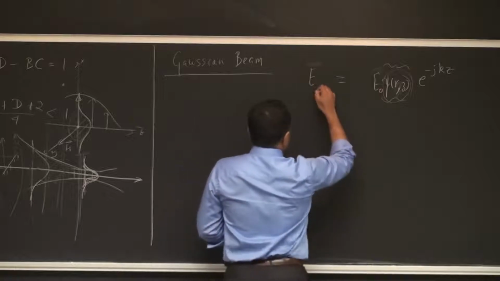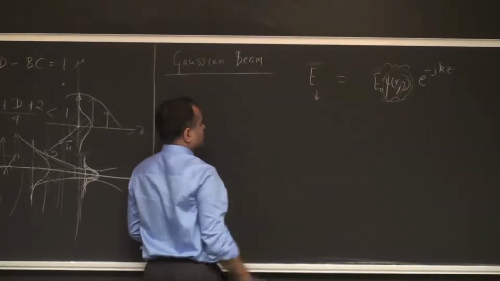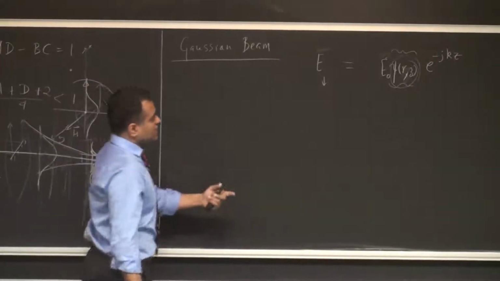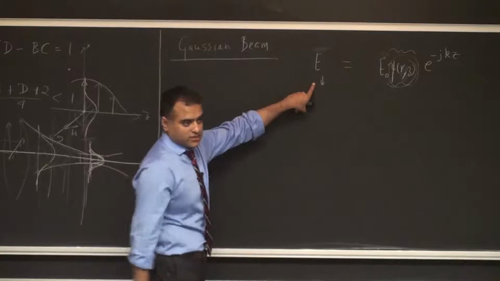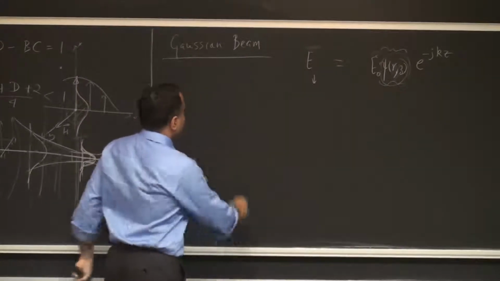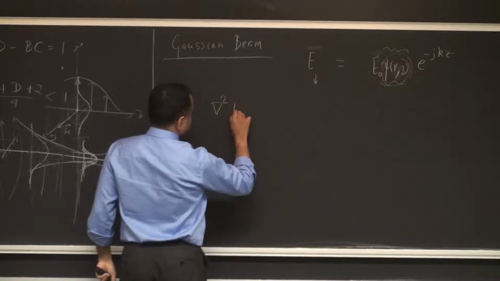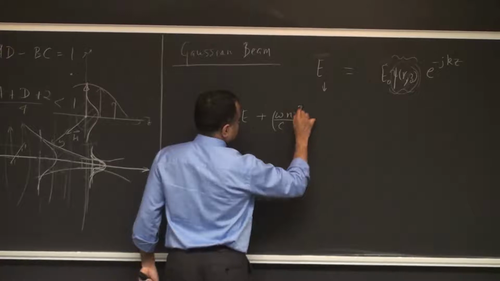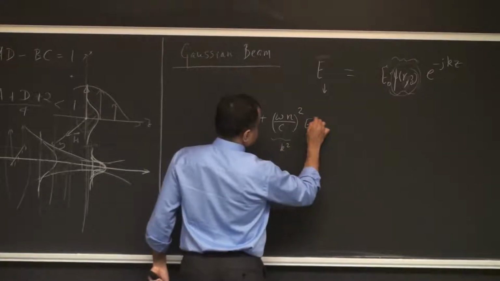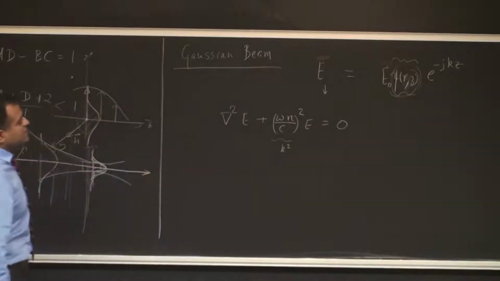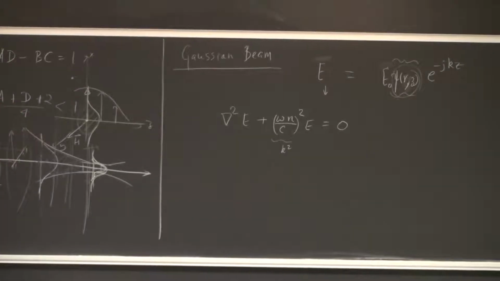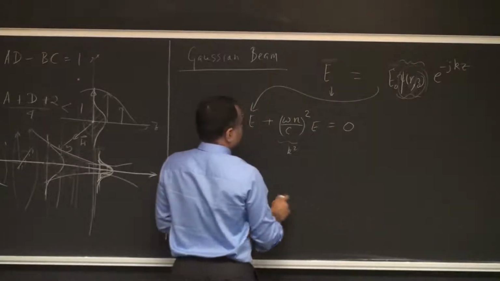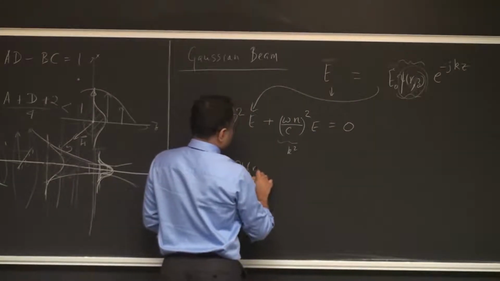And then when you take this and ask whether such an electric field profile is allowed, the answer is, if it satisfies Maxwell's equations, it's allowed, right? So whatever satisfies Maxwell's equations for wave propagation, where n can be the refractive index, so this is basically k squared for you, times E is equal to 0. If it satisfies this equation, it's allowed, right? So you plug it in here and crank through it, and what comes out after that is what is your psi of r comma z.